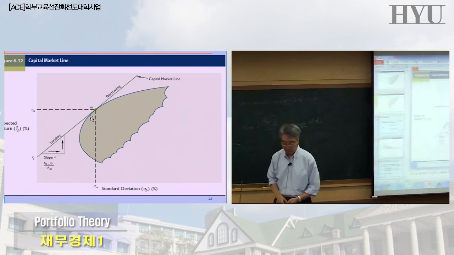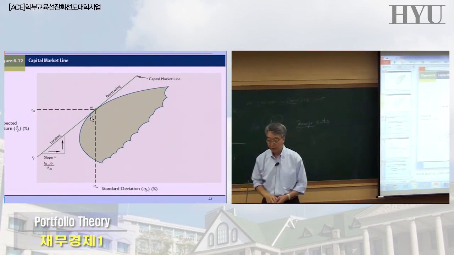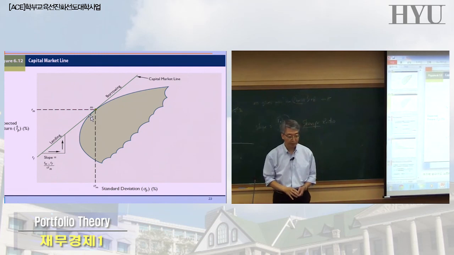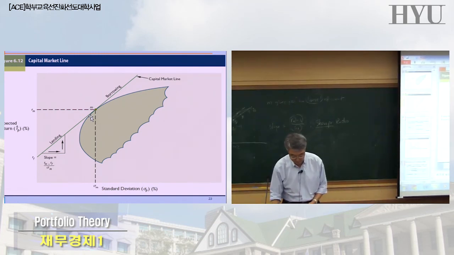And again, it happens to be the market portfolio, but you don't have to worry about that. Because if you take a higher level finance course and learn about the efficient market hypothesis, you'll probably have to spend a lot of time proving why this tangent point has to be the market portfolio. Okay?